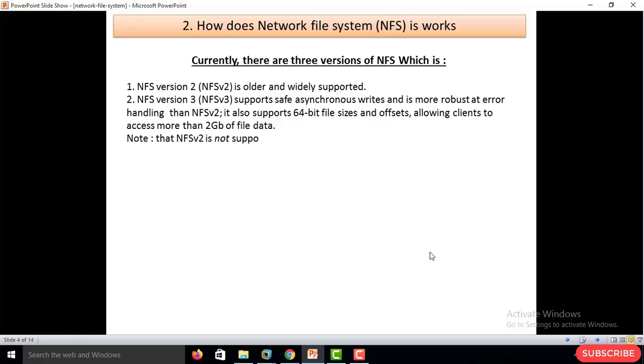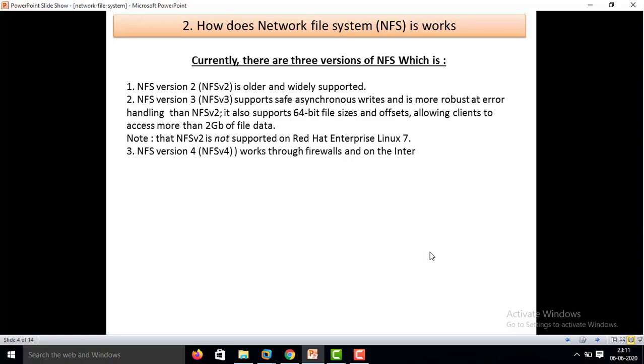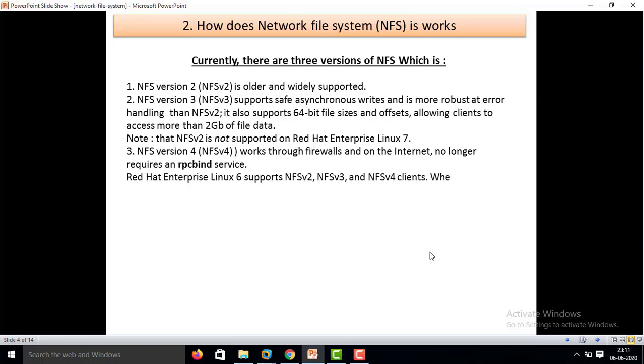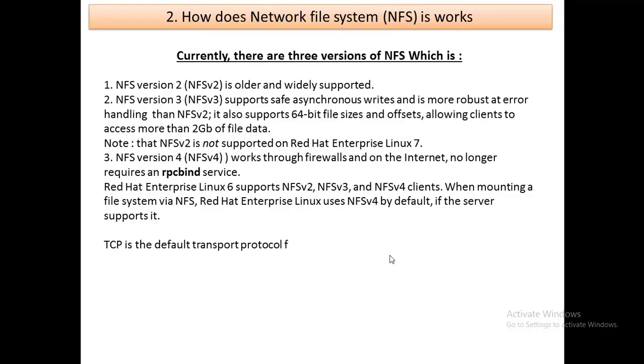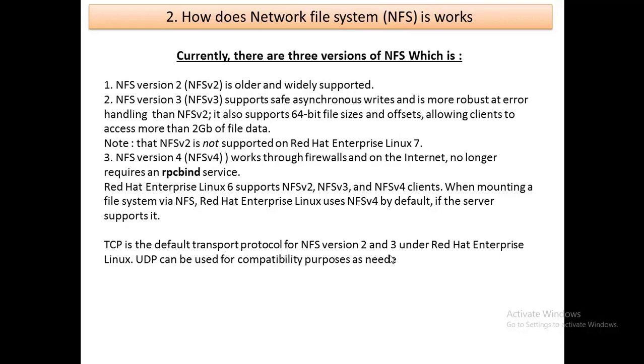Note that NFS version 2 is not supported on Red Hat Enterprise Linux 7. Okay, third, NFS version 4 works through firewalls and no longer requires the RPC bind service. Red Hat Enterprise Linux 6 supports NFS version 2, NFS version 3 and NFS version 4 clients. When mounting a file system via NFS, Red Hat Enterprise Linux uses NFS version 4 by default if the server supports it. TCP is the default transport protocol for NFS version 2 and 3 under Red Hat Enterprise Linux. UDP can be used for compatibility purposes as needed but is not recommended for wide use. NFS version 4